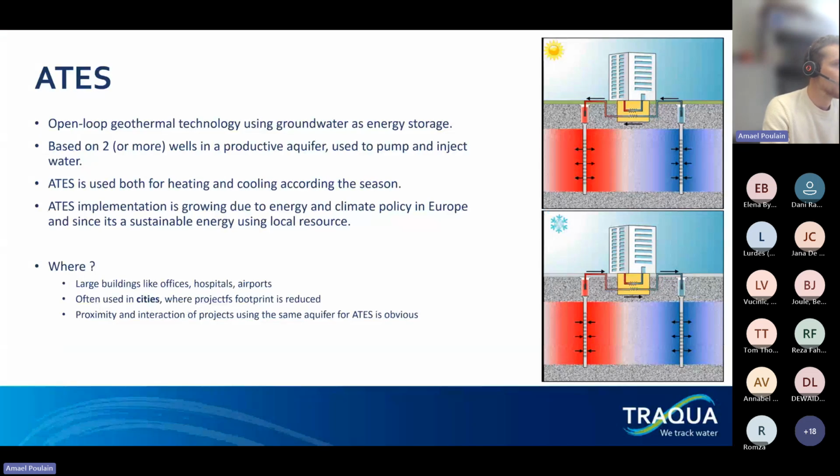So what is the context of ATES? Basically, this is an open loop geothermal technology that is used as an energy storage in groundwater. It is based on two or more wells that you drill in a productive aquifer, and you use those wells to pump and inject water according to the season. It is useful because it is used both for heating and for cooling, according to whether you want to cool or warm your building